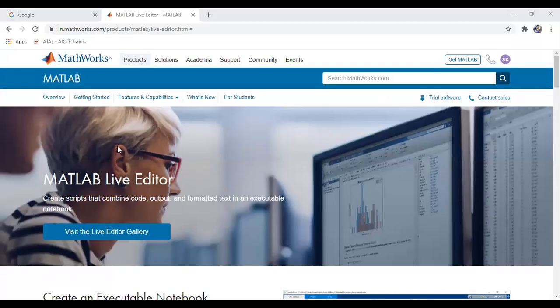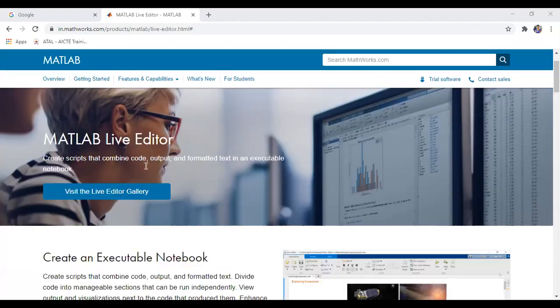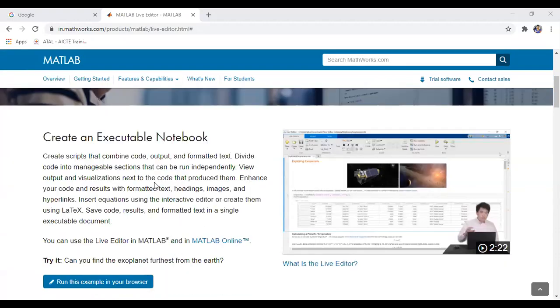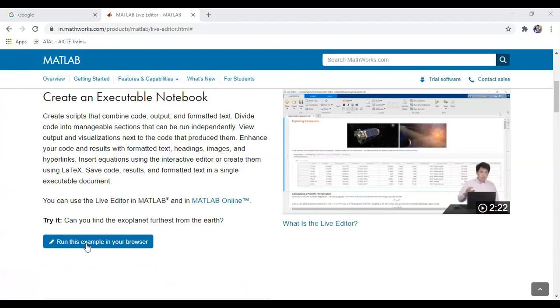Students, this is the mathworks.com link on which we can perform the experiment. When you open that link, we will get such data. Click on this, "Run this example in your browser." Then such a window will appear, and for learning the sampling theorem, we can use this window. So we will learn what the sampling statement is.